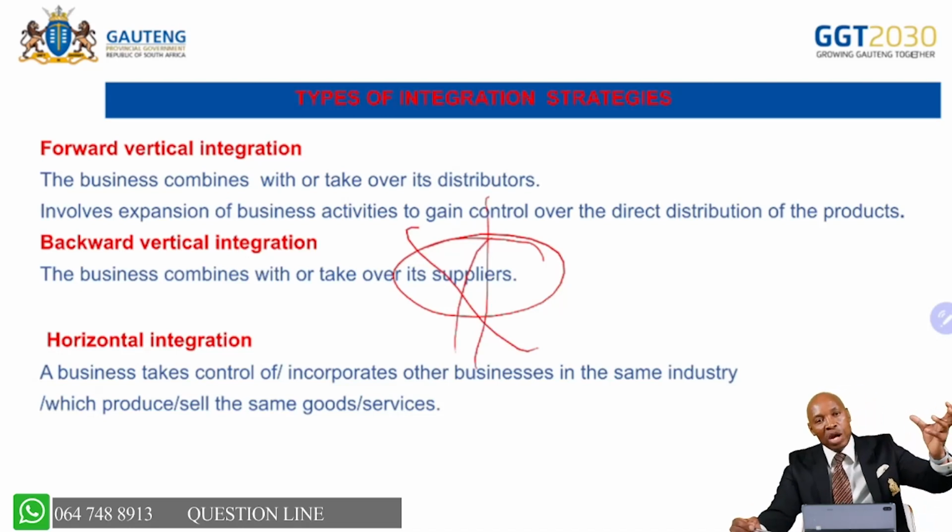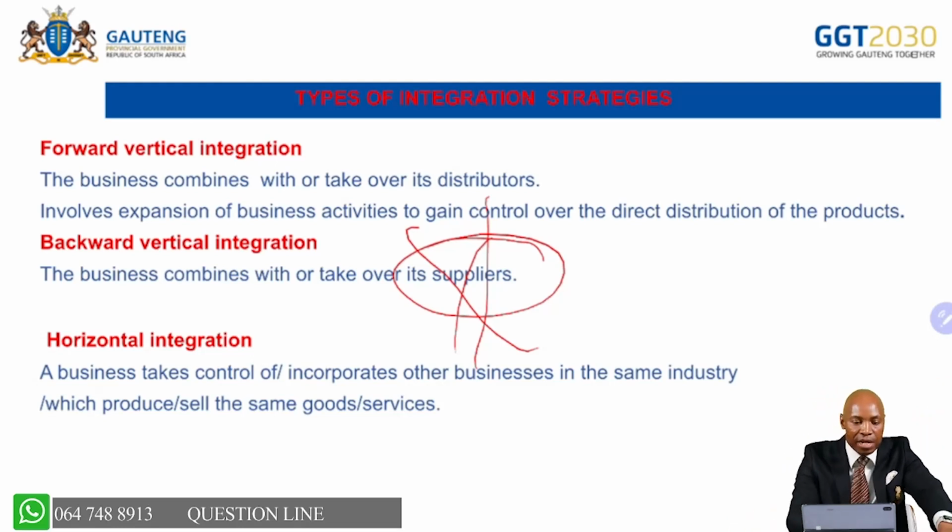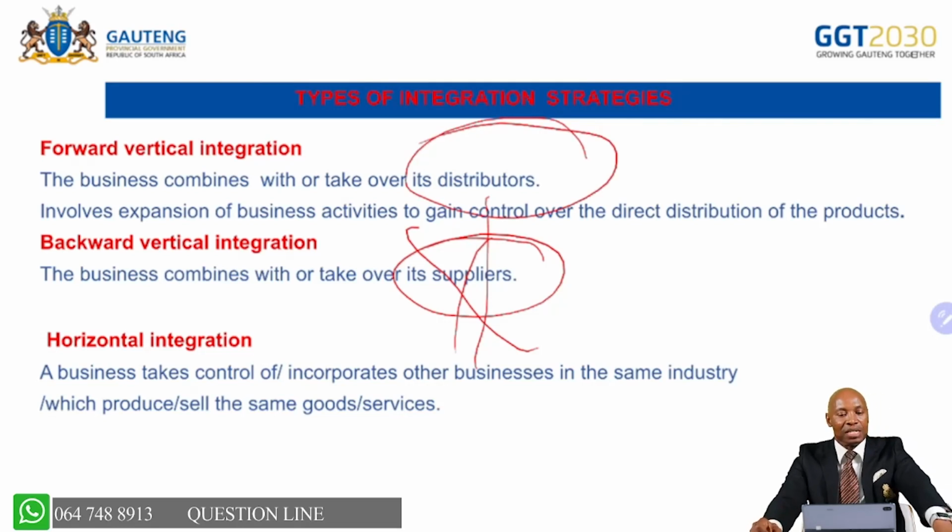You can opt for horizontal integration, whereby we don't allow ourselves to compete with our competitors. Instead, we take control of them because we are in the same industry and selling the same product. Then, in terms of the power of suppliers, because we have realized that the suppliers are powerful, we can apply backward vertical integration, that as a business, we combine with our suppliers. So where is this coming from? It is coming from POTAS 5. Then, in terms of our distributors, if our distributors are giving us a problem, as a strategy we can apply forward vertical integration, where we combine with our distributors.